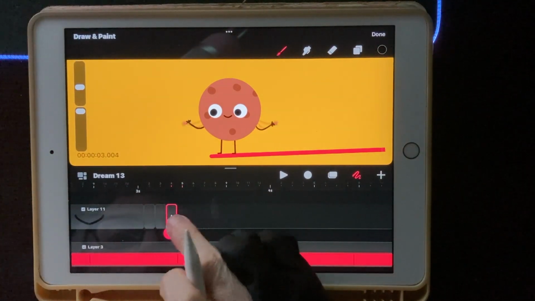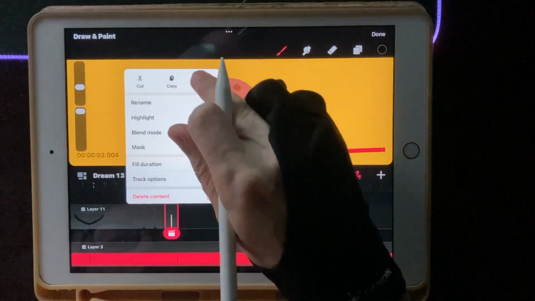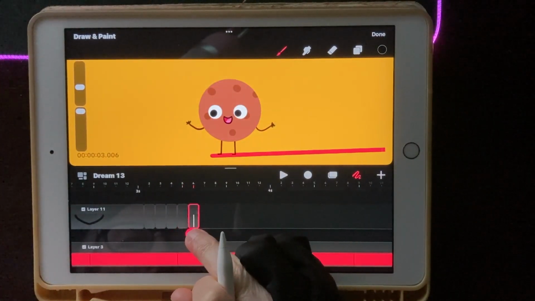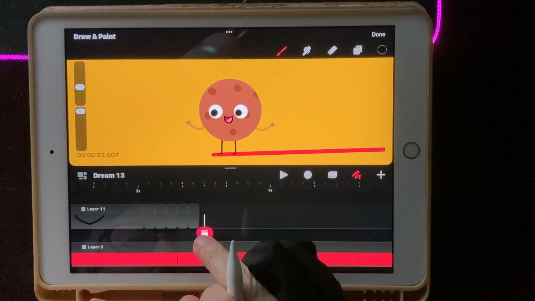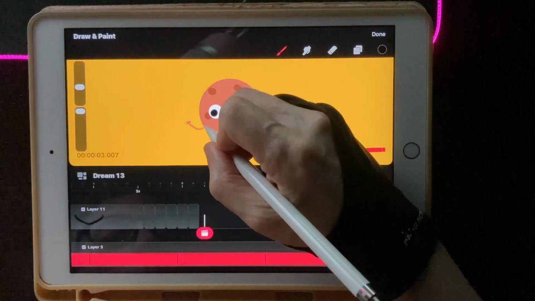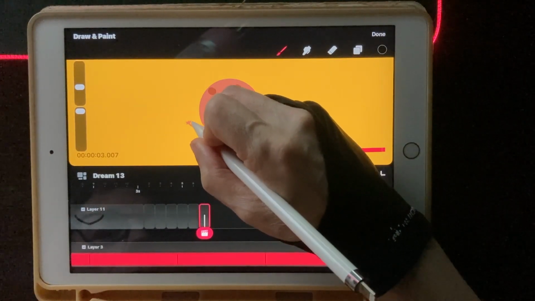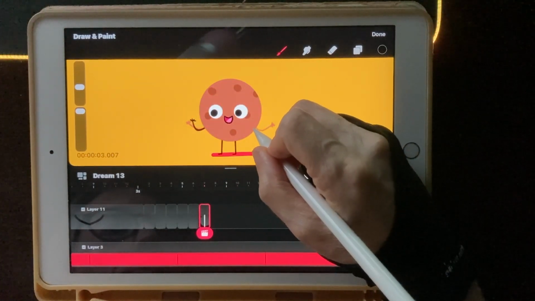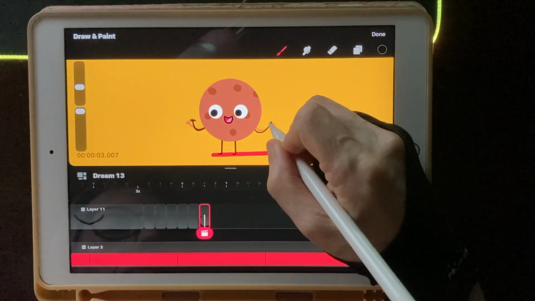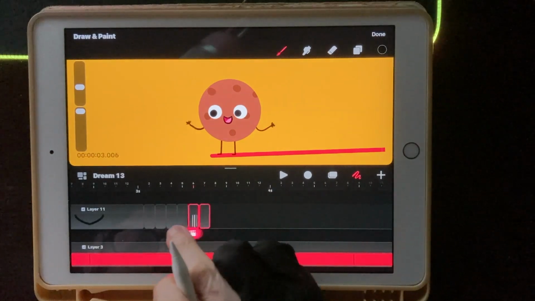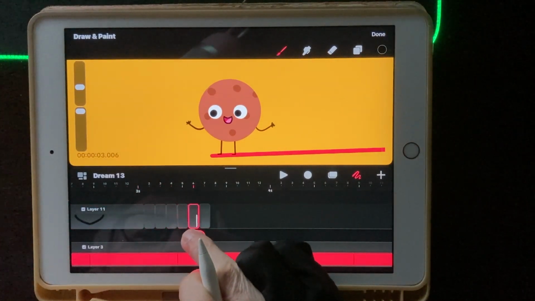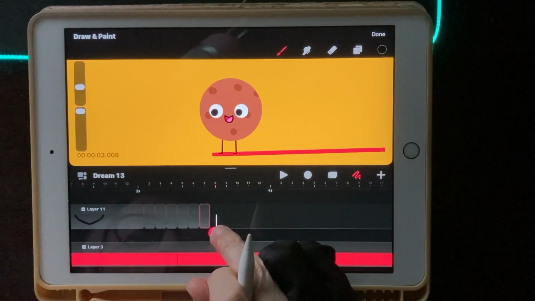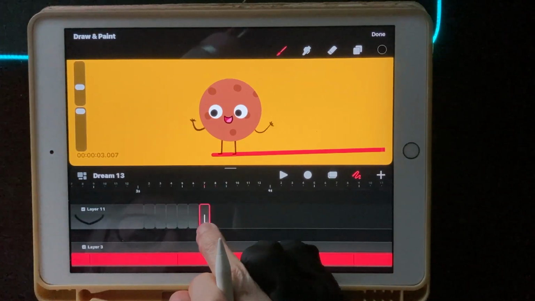And then to keep from having to do it each time, just duplicate it. Hold it down, duplicate it, and then maybe we can make it really bent. You got that? Okay. All right, and then when he starts to go back up, we're going to straighten those arms back out a